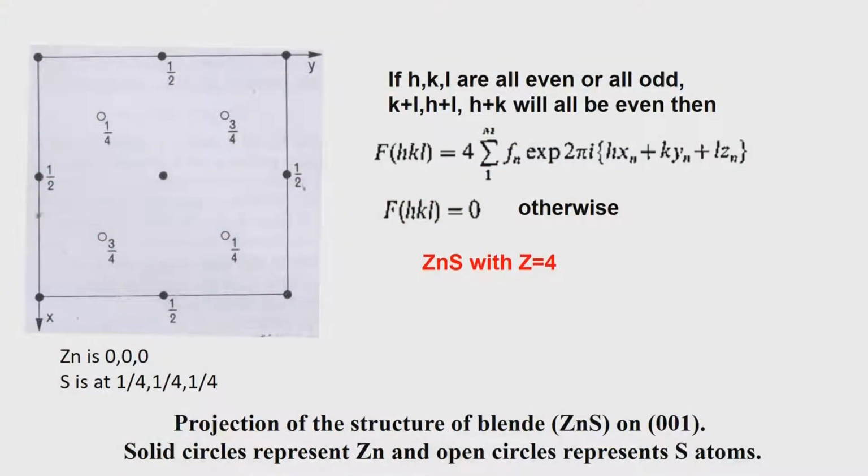You can also say the English language is rather difficult, that is why there is always a problem in getting this statement correct. So, if H, K, L are neither all even nor all odd, we can use that phrase as well. What happens if H, K, L are neither all even nor all odd? Then there is a systematic absence. If you say neither-nor here instead of all or, then you get the definition of the systematic absence.